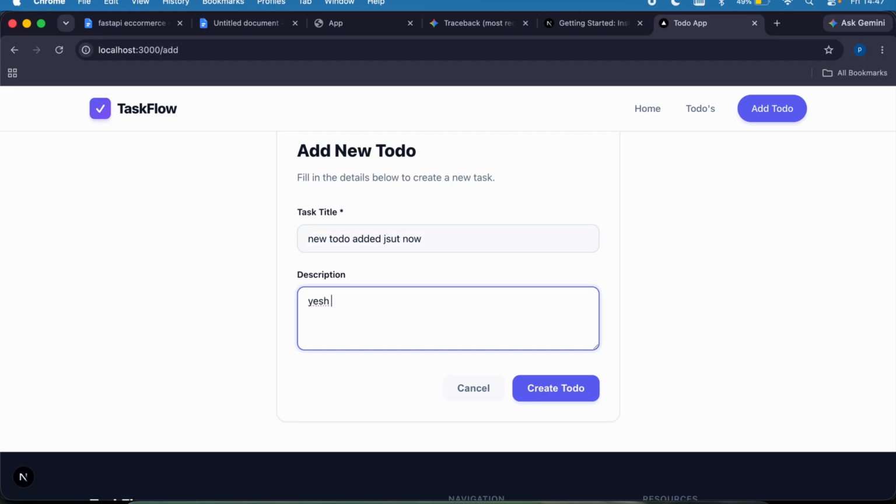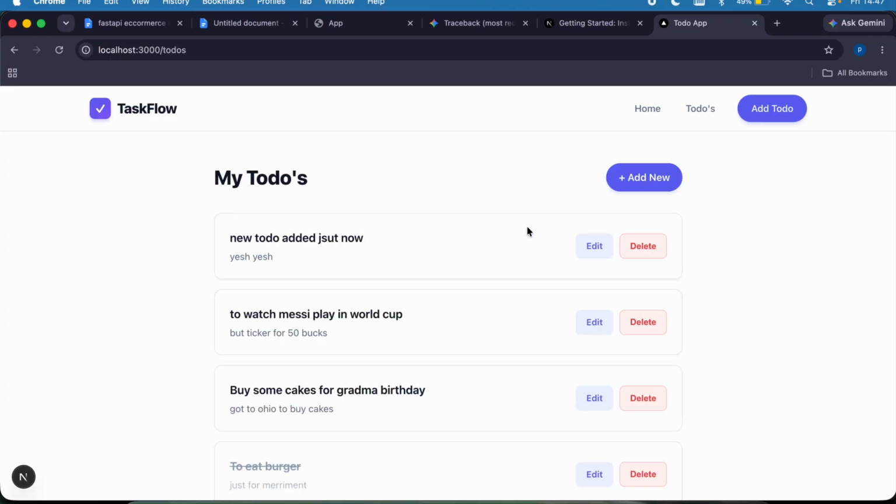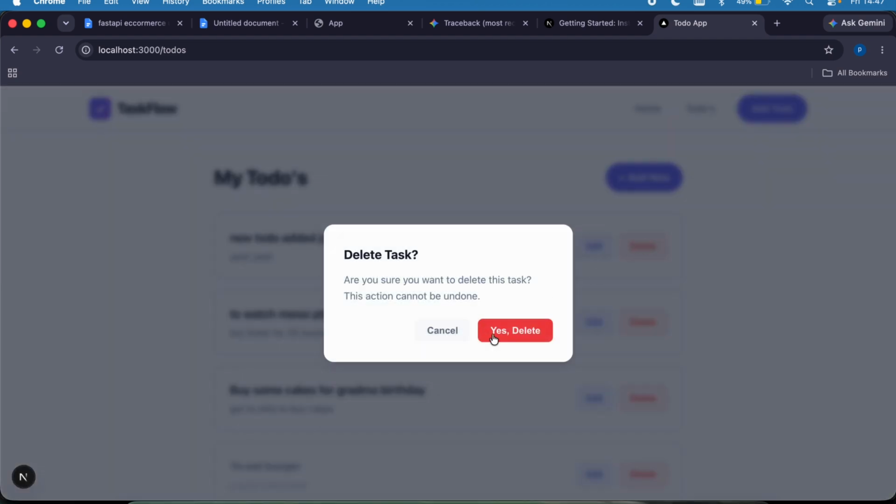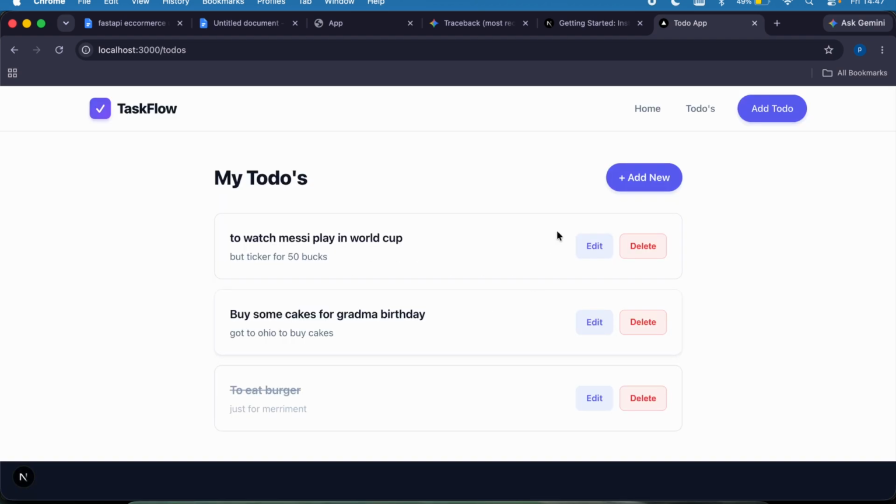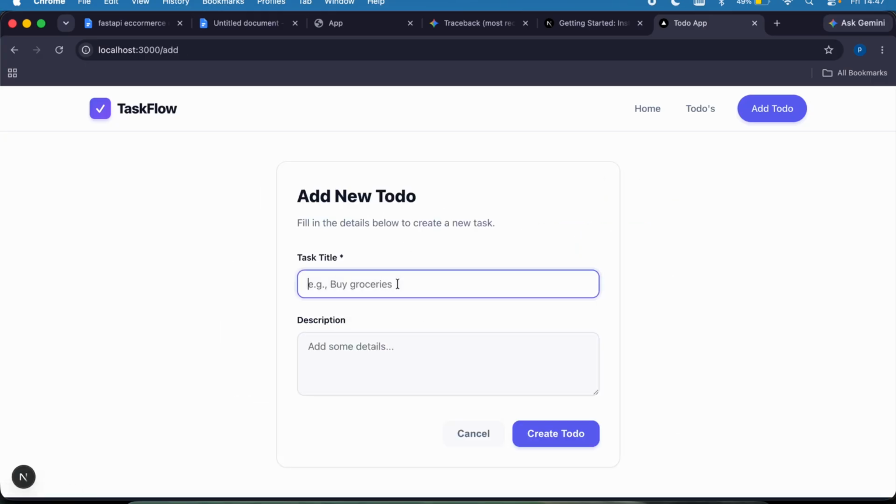Description. Say yeah. Create to do, that's been added. New to do added just now. If I click delete, cancel is still there. If I click delete and yes, that has been removed and deleted. So if I edit the last one and say, so watch